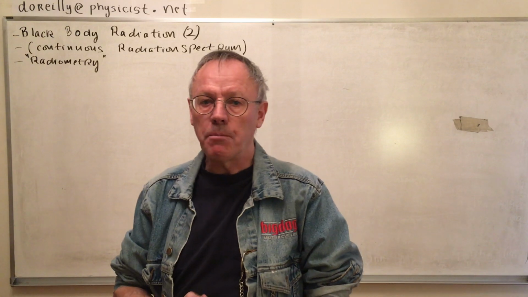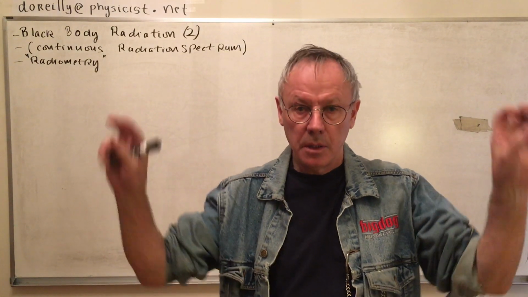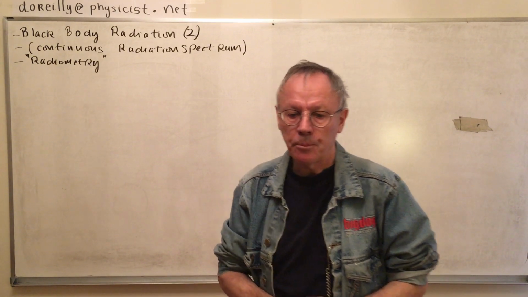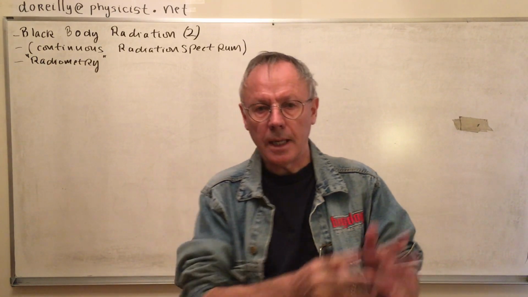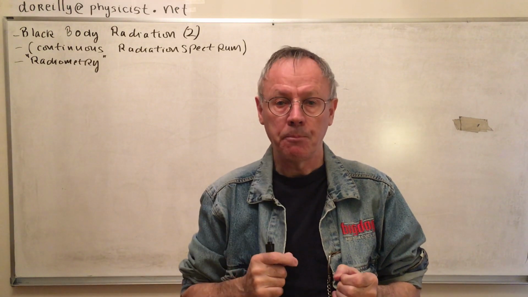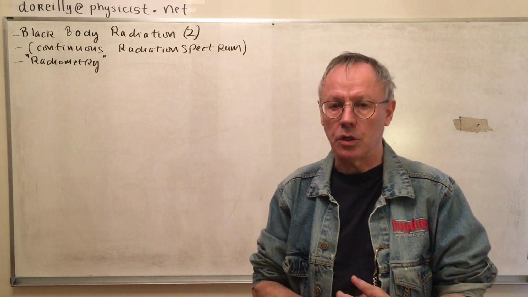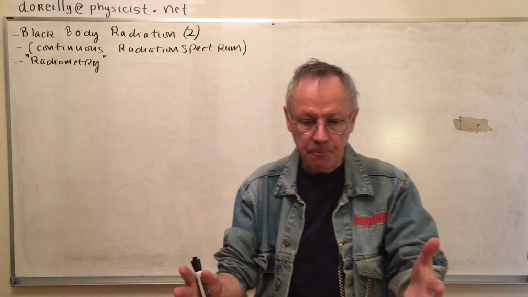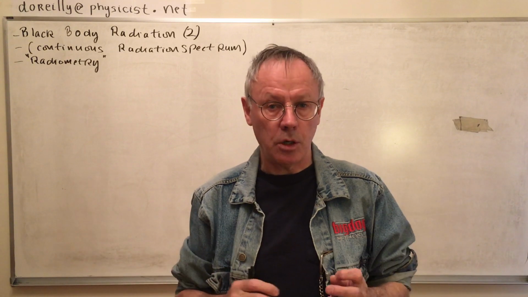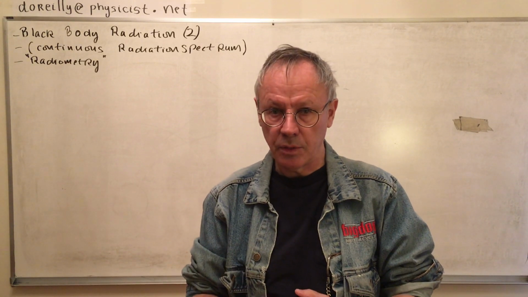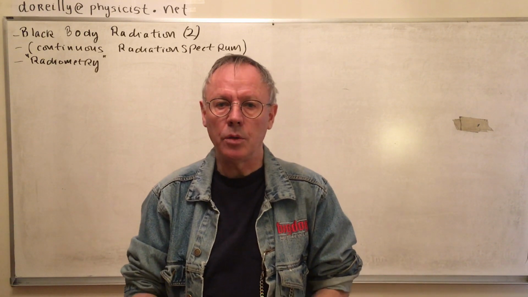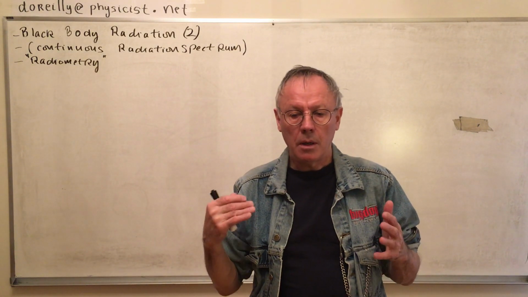We're going to continue now with part 2 of poorly named black body radiation, because it consists of more than that. Basically, we're going to look at quantizing continuous spectra, this particular example anyway. And it's to do with radiation. As soon as you take a body, any type of body at all, and raise its temperature above absolute zero, negative 273 degrees or 0 Kelvin, you don't say degrees Kelvin, as soon as you go above zero,